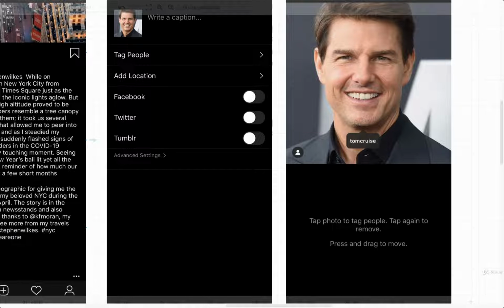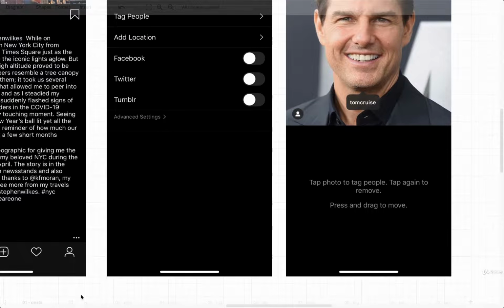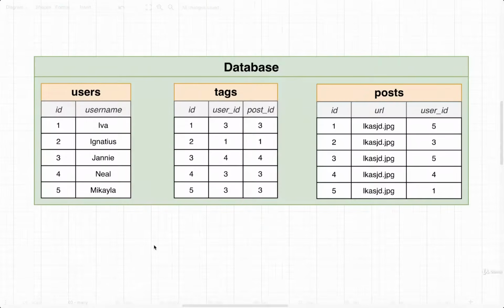Let's now start to add in some new tables, columns, or whatever else is required to implement this tagging people functionality. Now, between the last video and this one, I came up with a little idea. So here's my idea for some additional table we could add in to model this idea of tagging a person